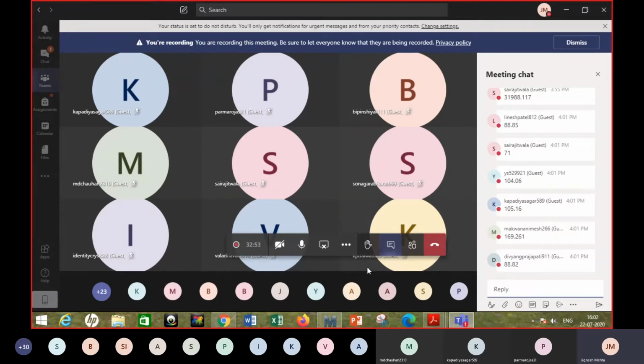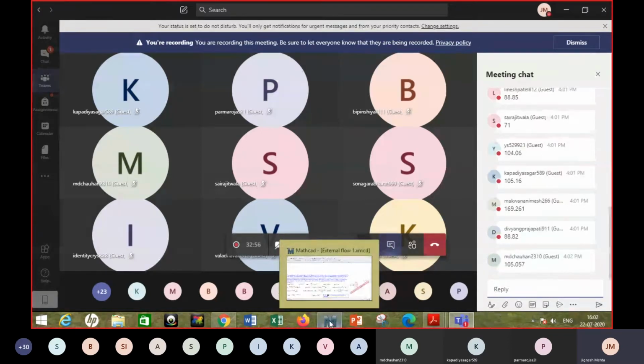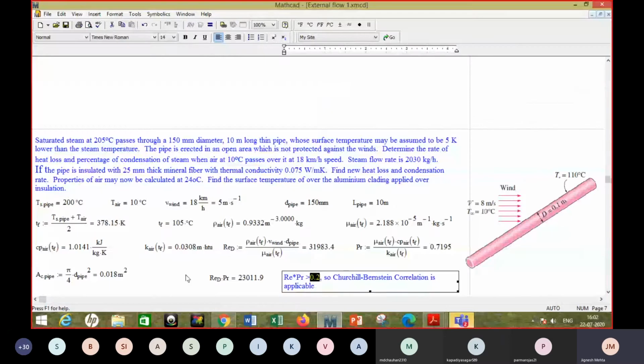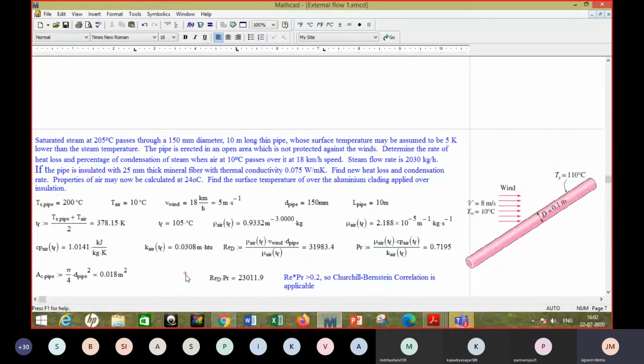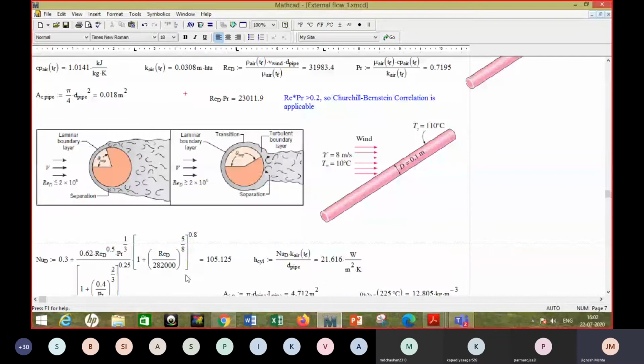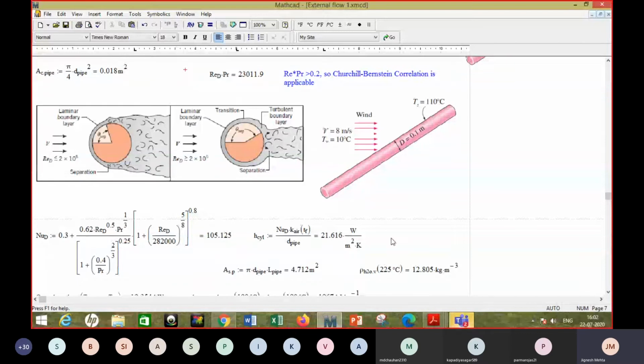Let's see. Okay. So as I have been telling, these formulas never give you a 100% accurate result. They always have some error. You can expect an error, and there is a band plus or minus 5%, plus or minus 10%, or even more than that. But they are for getting some good estimate of the coefficients. Right, so the number that I get is 105. I don't know how many of you are correct.